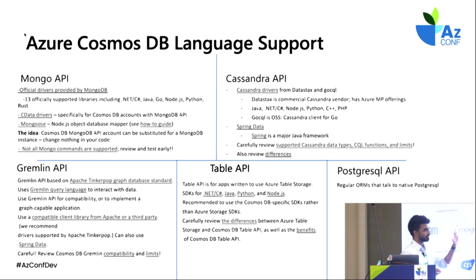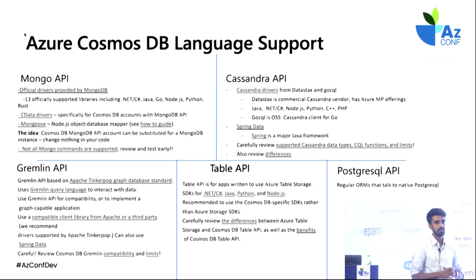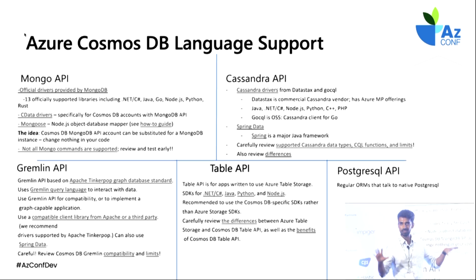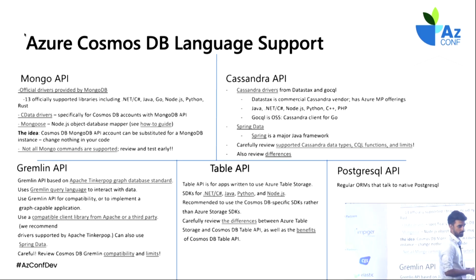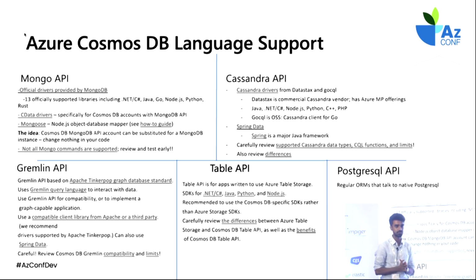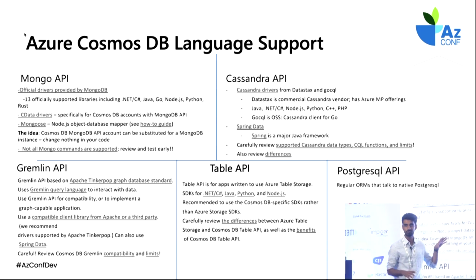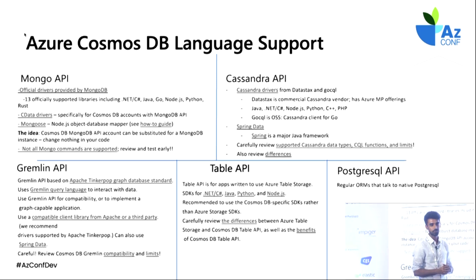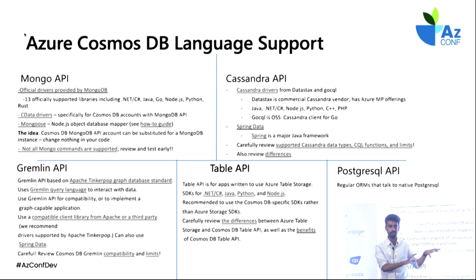So this is a holistic view of the libraries and extensions that we support for the entire Cosmos DB ecosystem. Starting with the Mongo API, if you are using the MongoDB API on Cosmos DB, we recommend the OSS drivers which are available. I will not dive into all of these, but Mongoose and Mongo client are all familiar terms to you, right? So if you're interacting with the Cosmos DB Mongo API, you will create a client using Mongo client